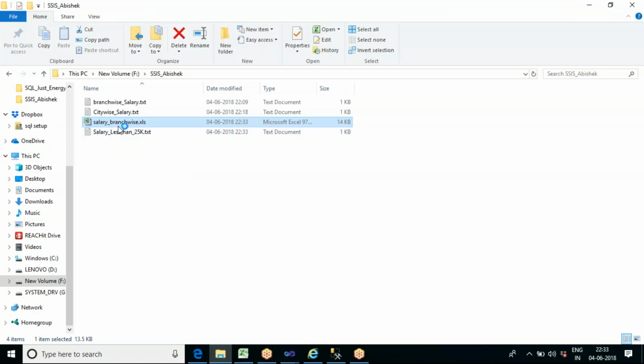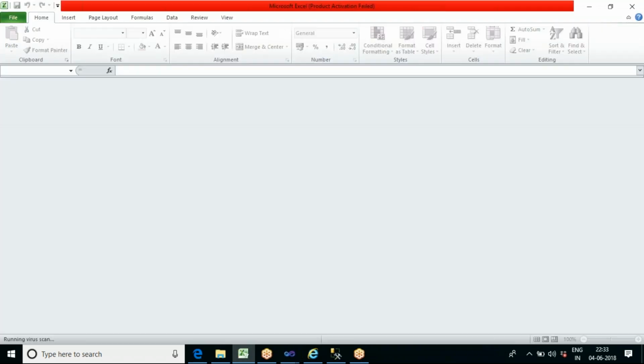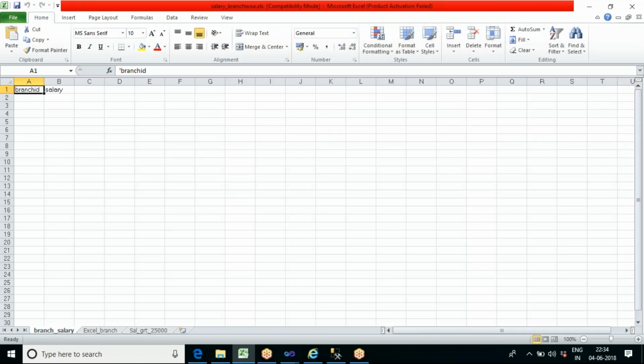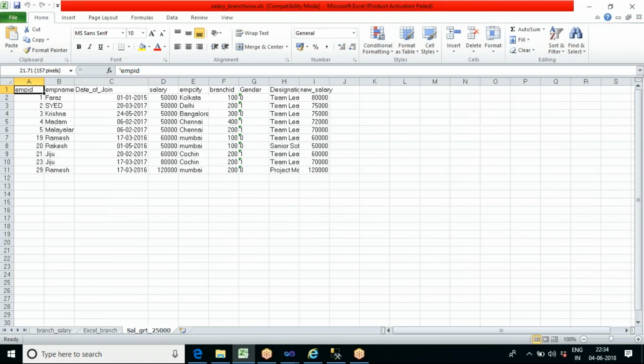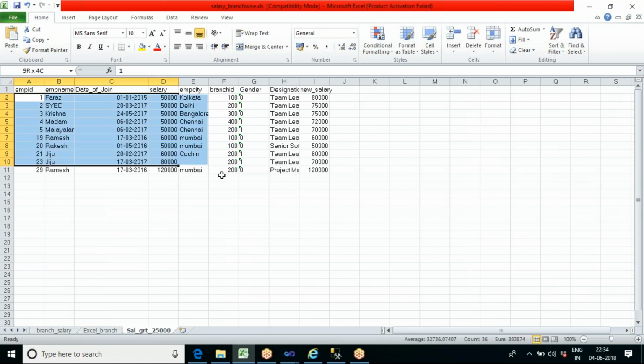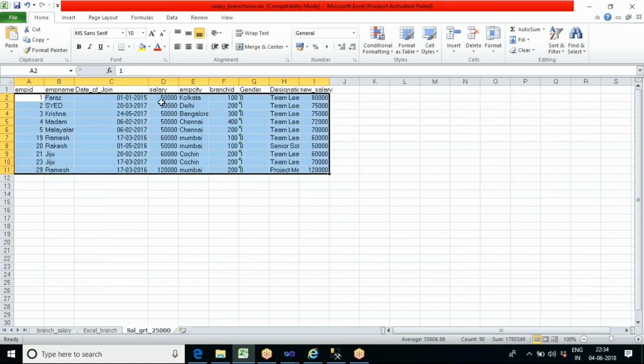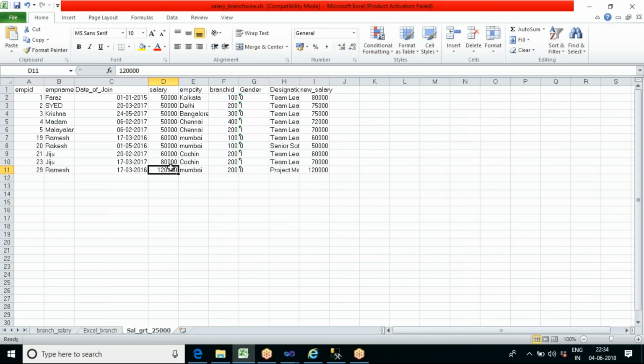Salary branch wise, let me open the Excel file again. We have salary greater than 25,000. Now you can see that all the 10 records are pushed into this.